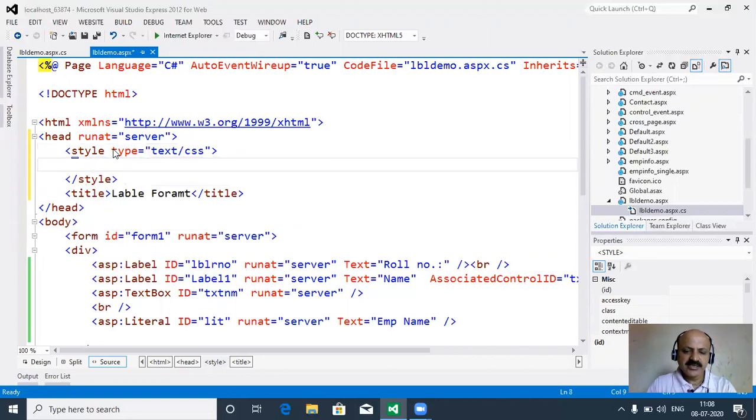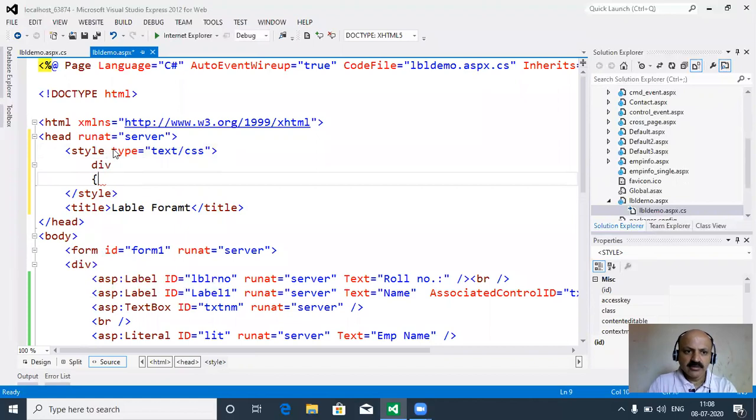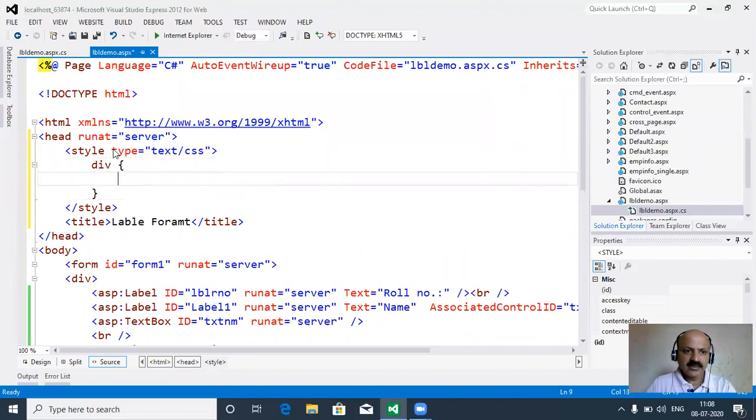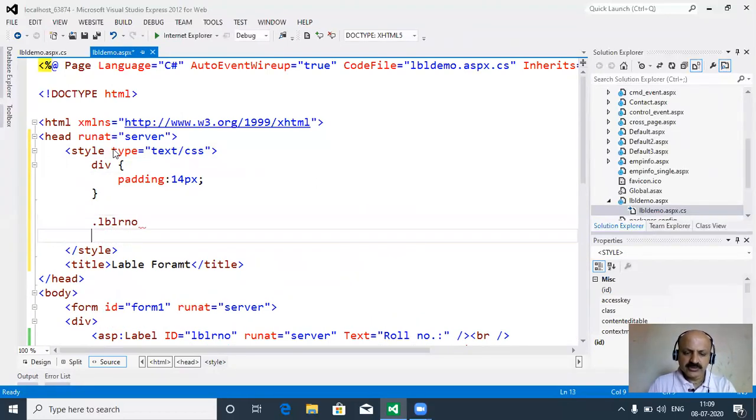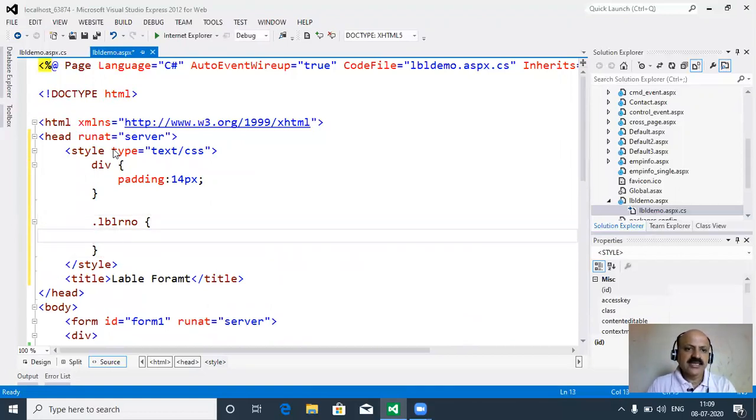CSS means cascading style sheet. So here we take one division tag general block like padding and giving 14 px. Px means pixel, and take one block to apply to our label control, lblrm.